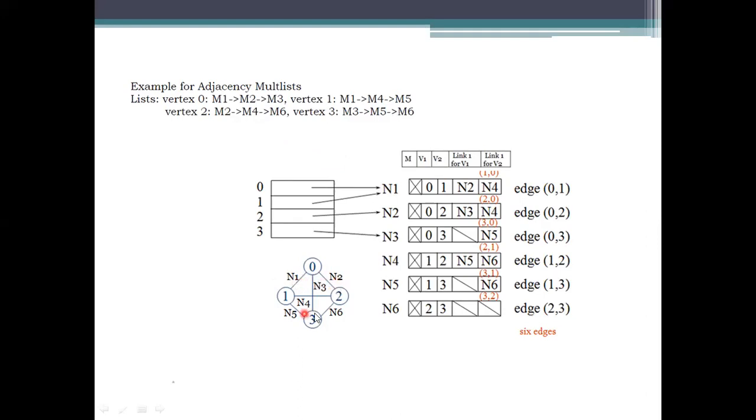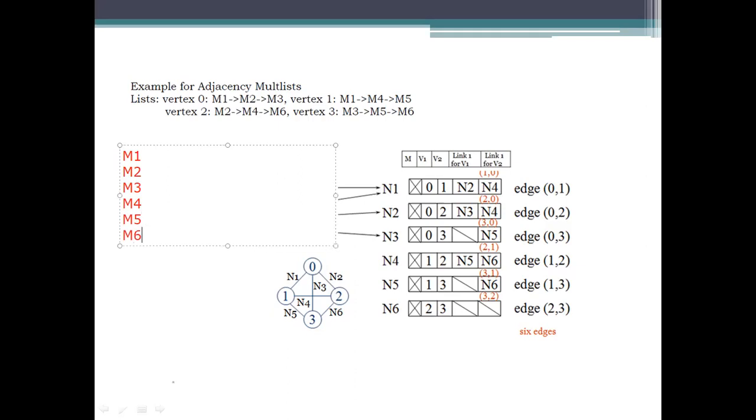There are 6 edges. The 6 edge values will be taken as M1, M2, M3, M4, M5, M6.